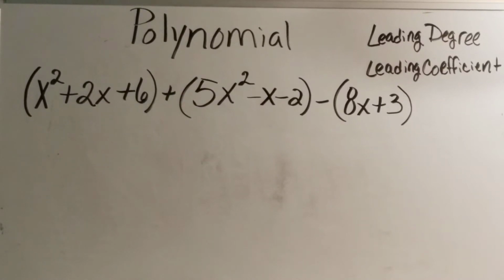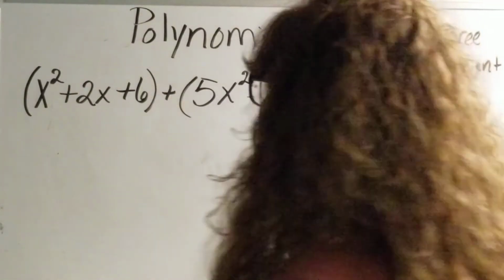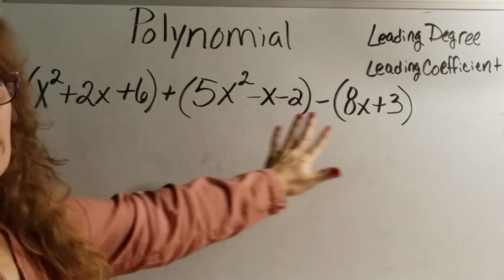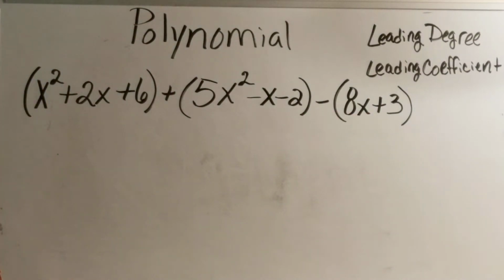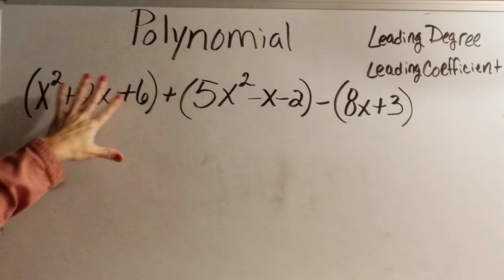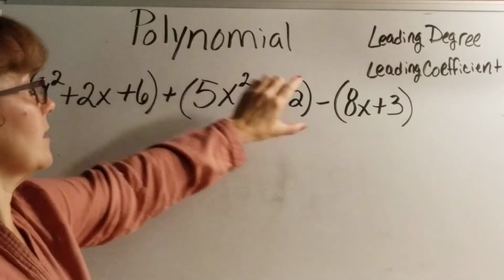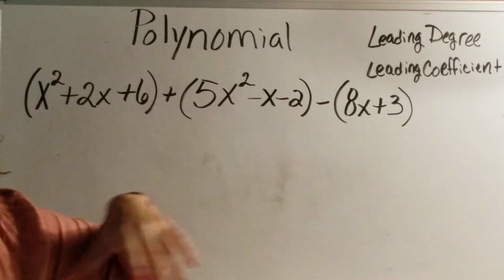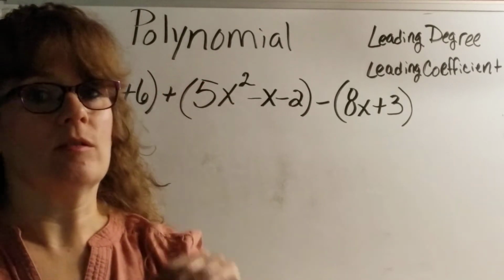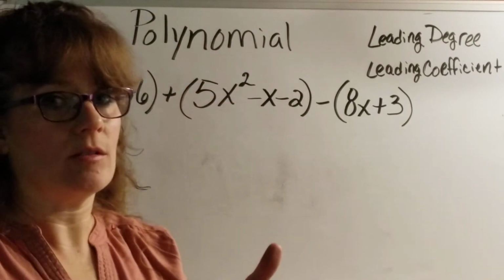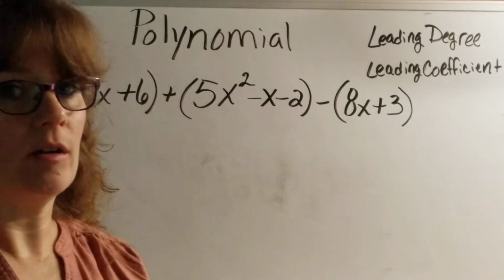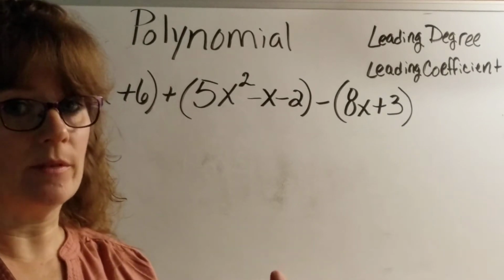Polynomial. Poly means many. And we agree that we have many terms going on here. And we're going to do the operation of add and subtract, because each parenthesis is separated by those. In order to add or subtract, we can only put together like terms. So what I'm going to do first is I'm going to see if I can drop the parentheses before I